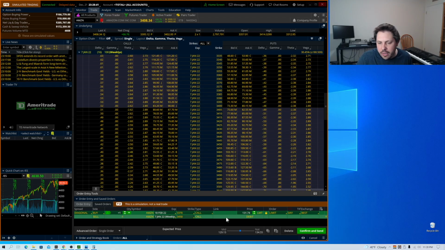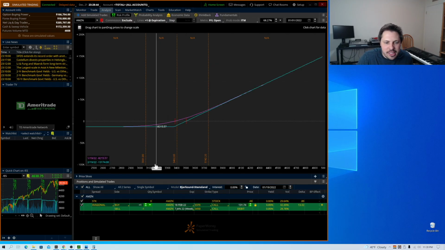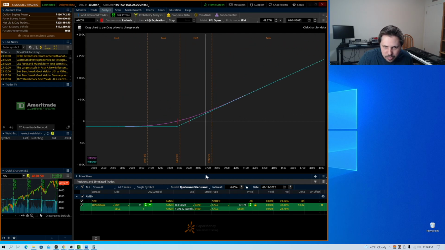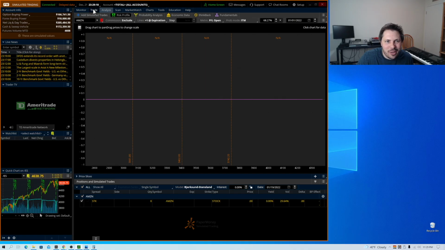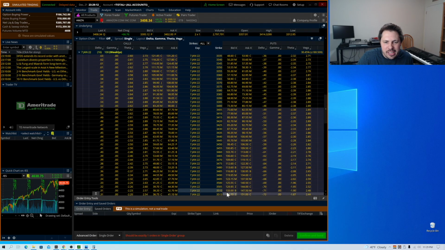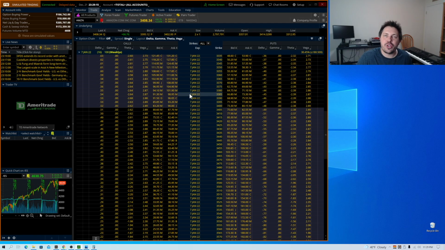So again, I've put together this diagonal trade here, and I guess this is correct. It looks like purely a long call almost, right? Where we've bought the February, we sold the January. But you know what happens is if we delete this, and we come back in here, and instead of doing it diagonal, where we're buying the long-term option that's deep in the money and then selling one kind of out of the money, right? When we look at this,